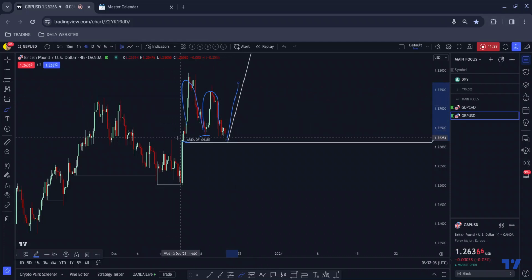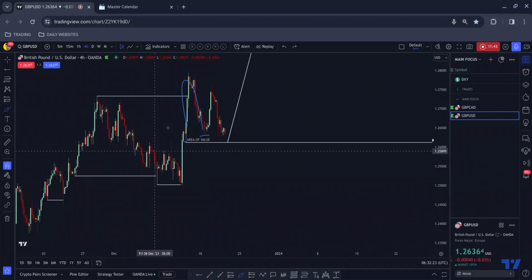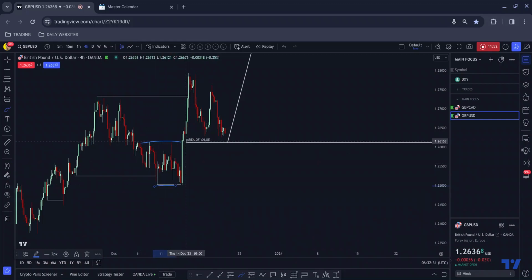And what gives me the inclination that there's a lot of volume here is because if you look at what happened at this footprint last time, there was enough volume there to cause price to smash through all of this volume. And not only that, it also happens to be the retest. This low here happens to be the retest of all of this volume here, giving me a clue that there is likely still a lot of volume here.